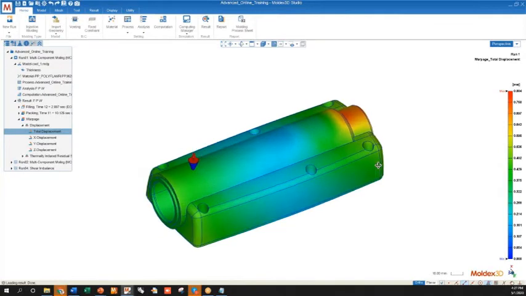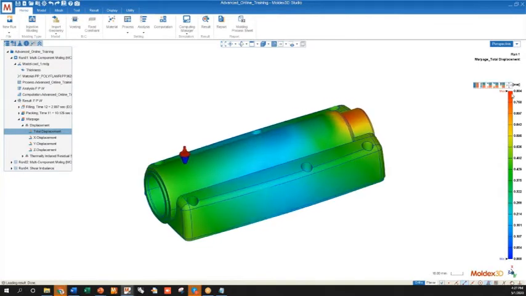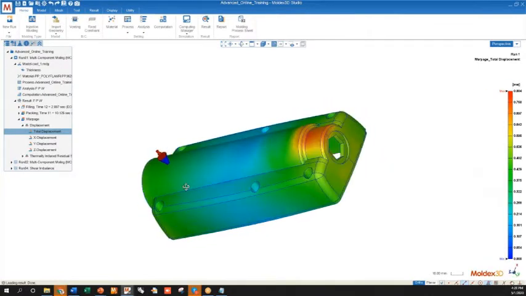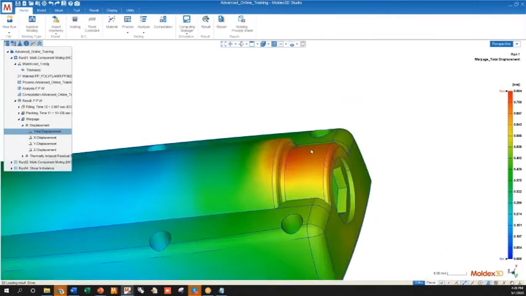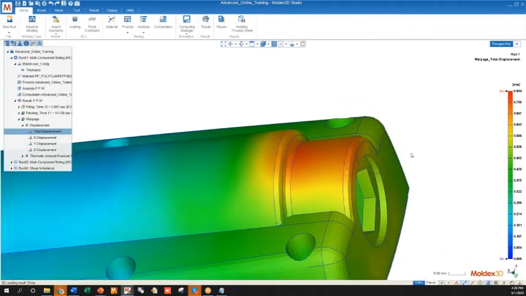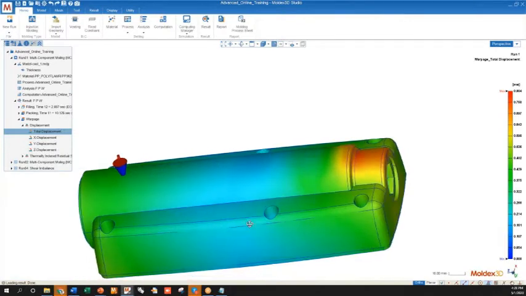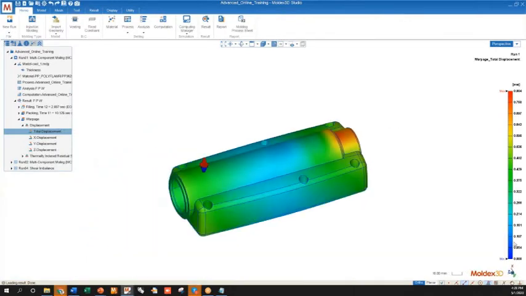The color distribution that we see is actually a real representation of how much each node is moving on our part. So for example, the red nodes here are moving a lot, whereas the blue nodes here are not moving that much at all. Now, the bottom of our scale is always going to be 0 for total displacement because this total displacement